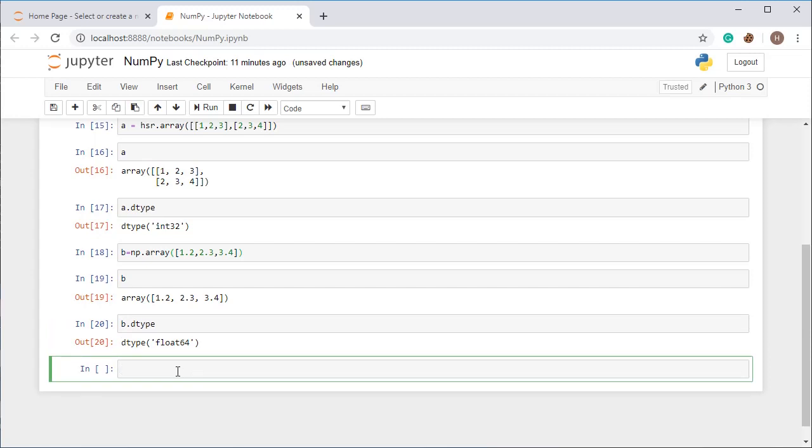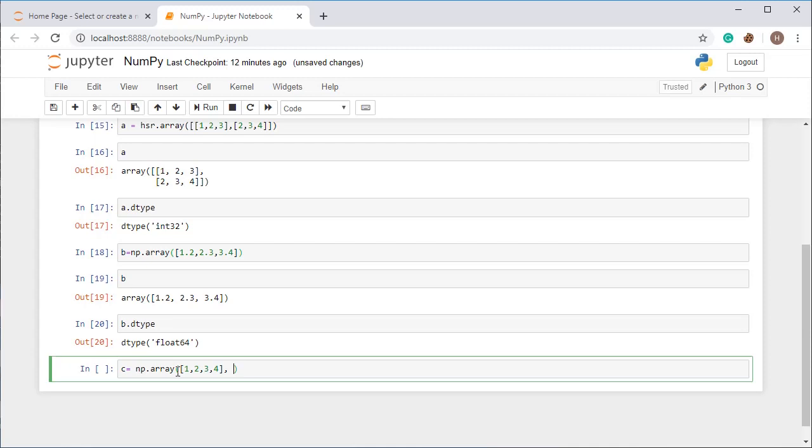We can also create a multi-dimensional array, as well as an array of a particular type. Let's say I am entering array c, and I am writing np.array and putting the values 1, 2, 3, but I want to convert it into float values.